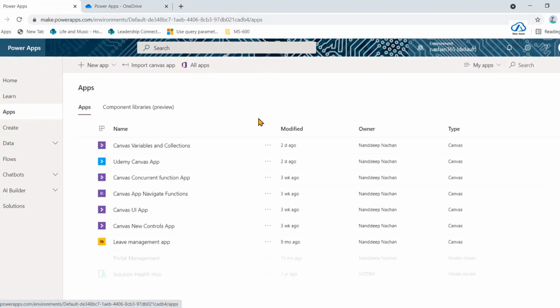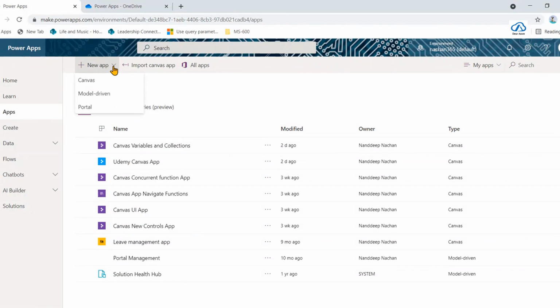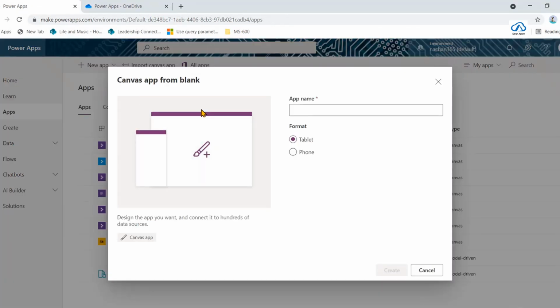Or for example, if you go to these apps, here you will be able to see all of the apps which are available to you. And then from here, you can even click on new app, click on Canvas. And now you will be presented with two options, the format that you want to build for